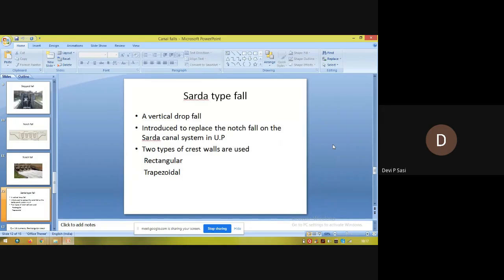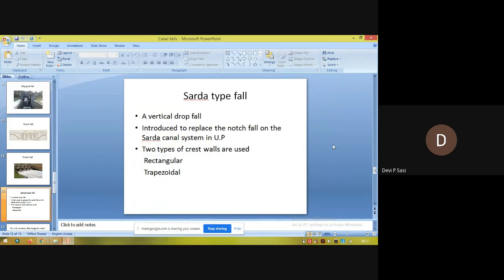Next is Sarda type fall. I have explained that Sarda type fall is a kind of vertical drop fall, and it was introduced to replace a notch fall on the Sarda canal system in Uttar Pradesh. Talking about the design of a Sarda type fall, the first step is the design